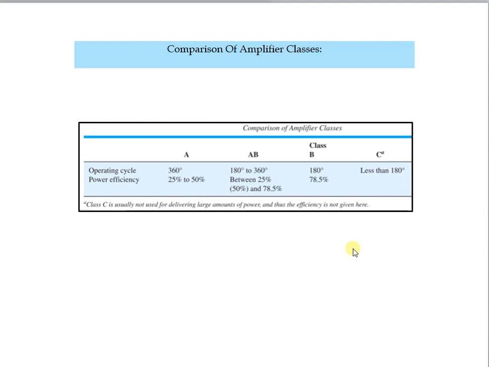The power efficiency of an amplifier is computed as the ratio of power output to power input, and this efficiency basically improves as you move from class A to class D. Class A has an operating cycle of 360 degrees, but the power efficiency is between 25 to 50%, whereas class AB has an operating cycle of 180 to 360 degrees and its efficiency varies from 25 to